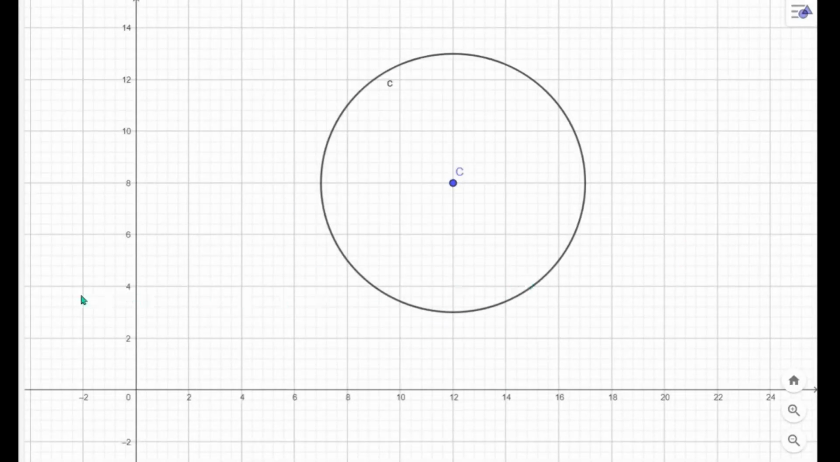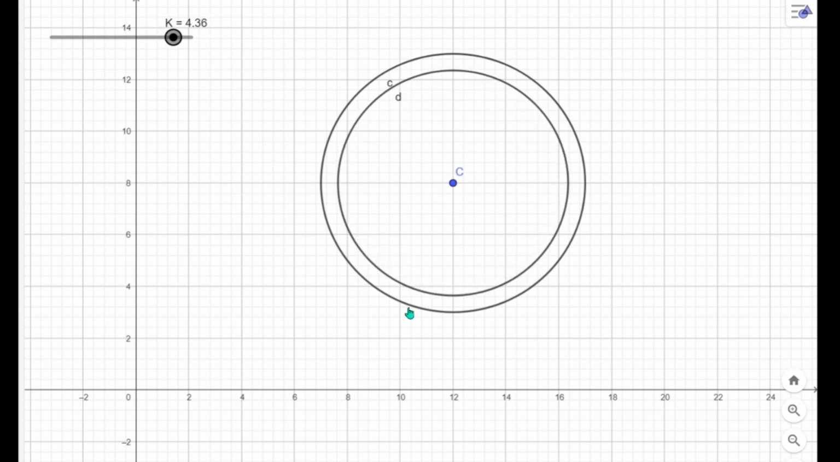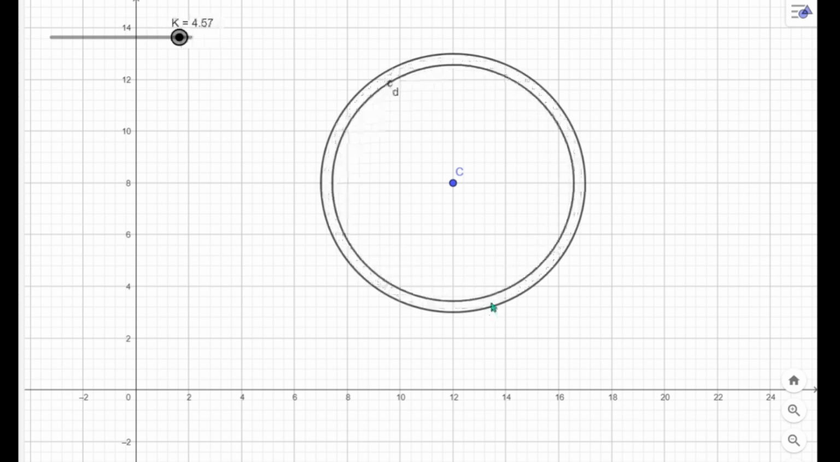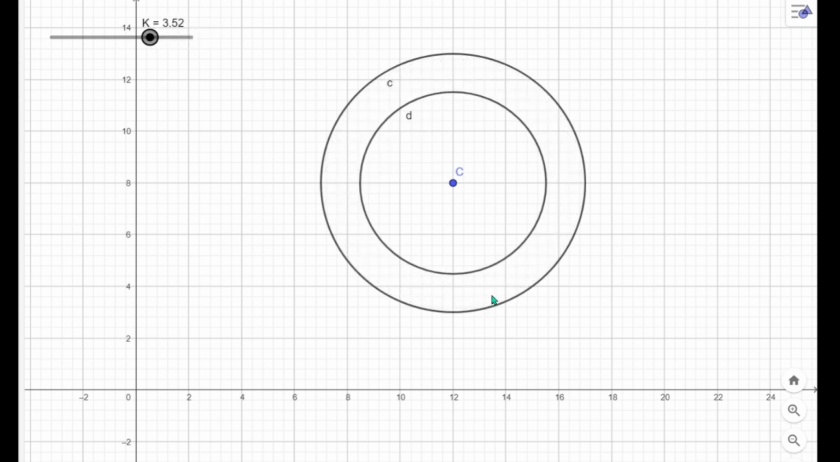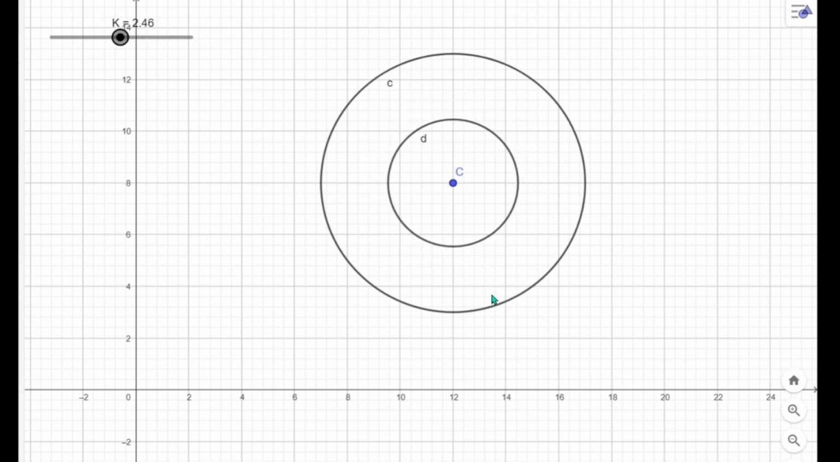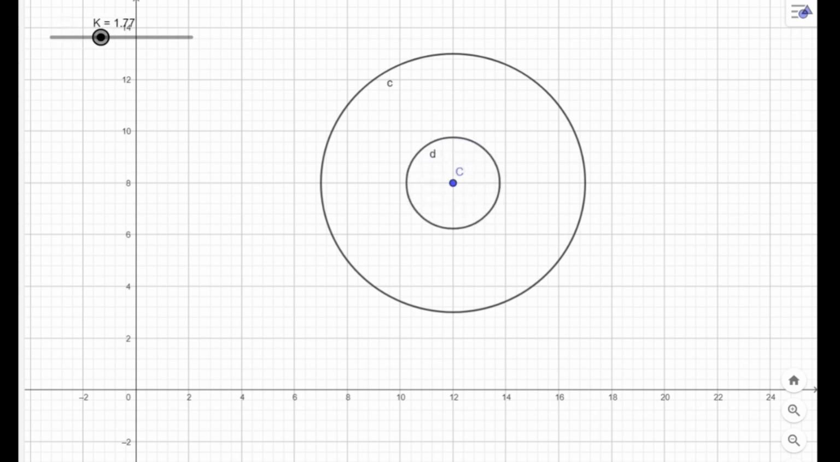Now I am drawing another concentric circle. A concentric circle always has the same center. So I'm drawing another circle here which has the same center. If I keep moving the circle, all these circles are concentric circles, having the same centers. So what this theorem says is, if you take another concentric circle,